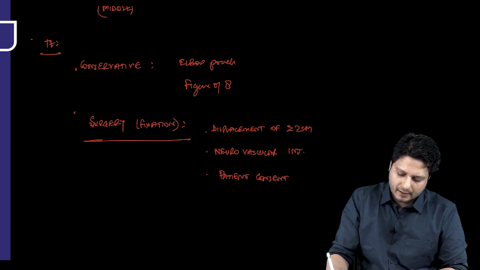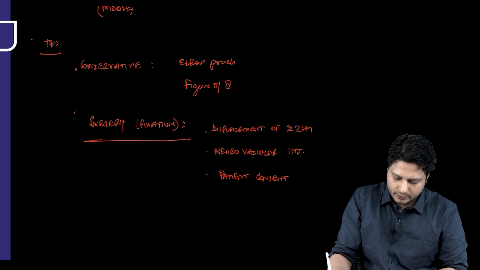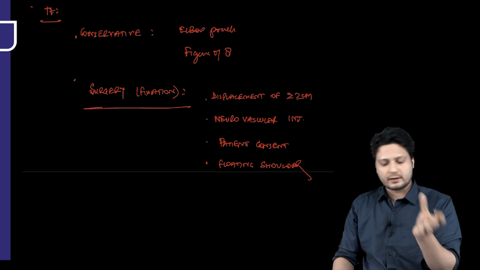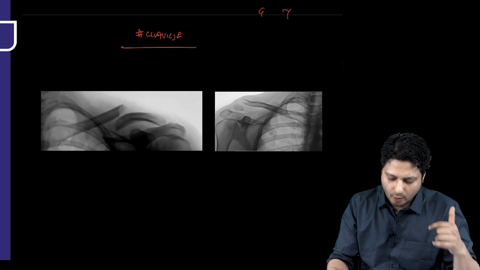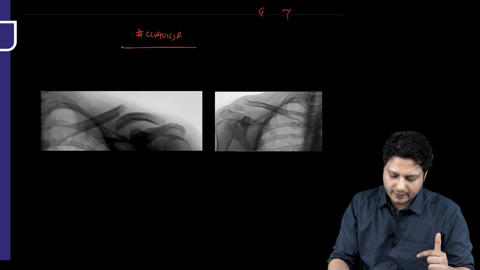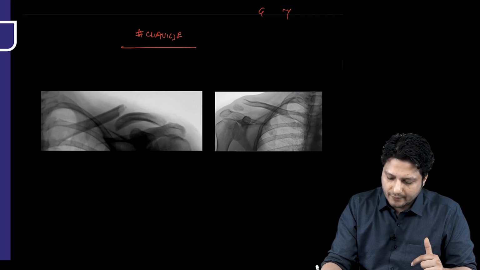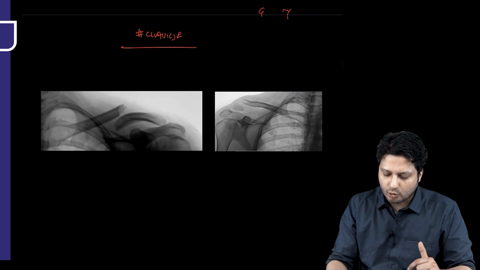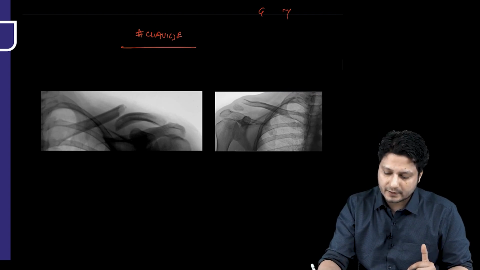Floating shoulder means there are associated fractures of the scapula also. Alright, we will come to have a discussion on what the floating shoulder is. So, these are the relative indications. Now, as far as the complications are concerned for the fractures of the clavicular bone, every time they ask you about the clavicular fracture, then the most common thing which is likely to happen with this clavicular fracture are